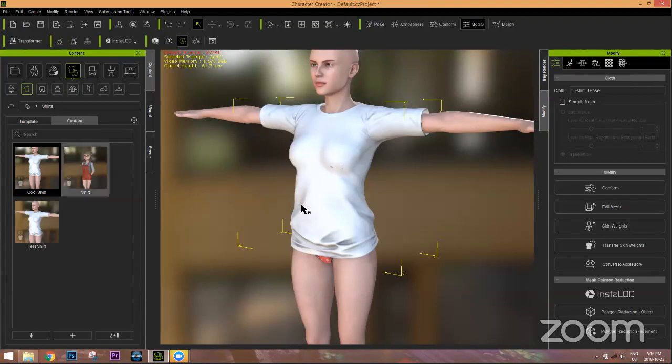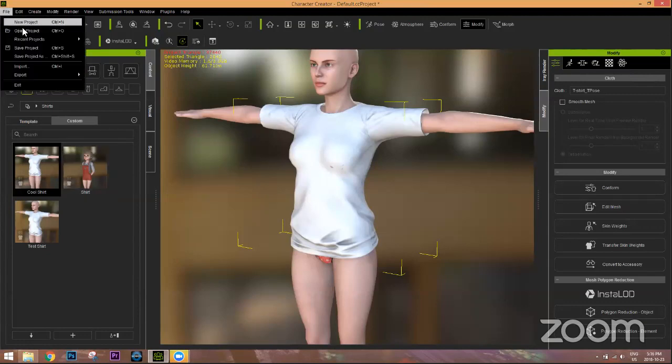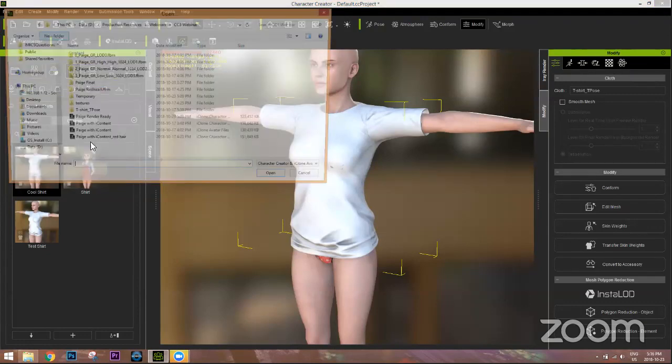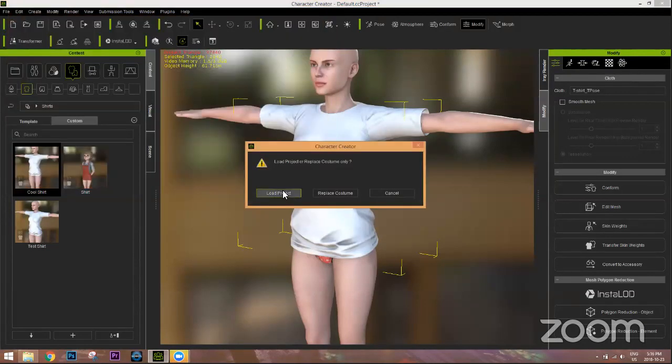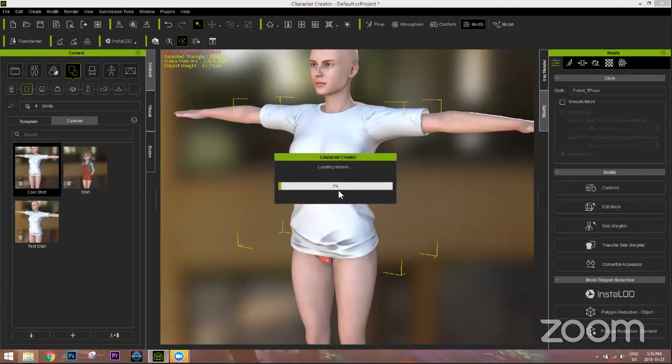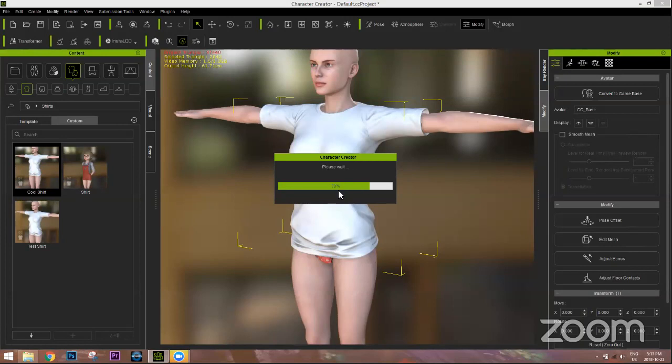All right. So let's go ahead and load up that project that I loaded before here again one more time. A page with iContent here. Okay, now she already has the iContent applied to her. There's one thing that you're going to need to do that I missed because the import didn't come in correctly. And that's when after you choose that advanced option that I showed you earlier, you're going to need to select the layers for each item of clothing, okay? So for example, I'll show you that in just a moment, but you're also going to need to assign, like